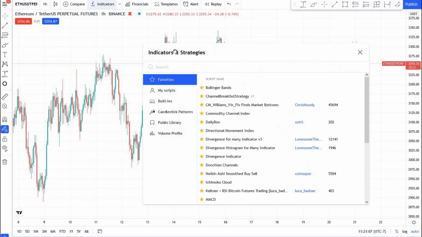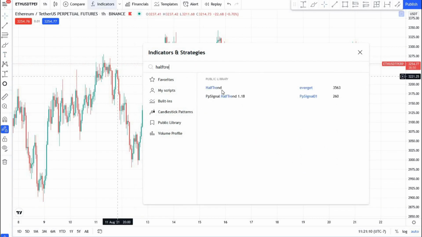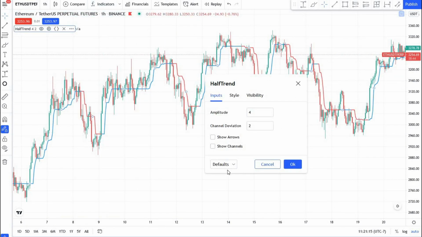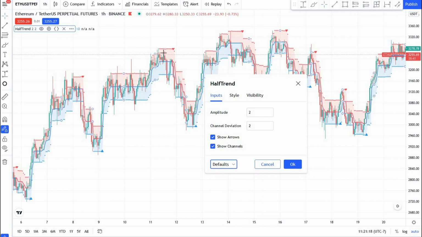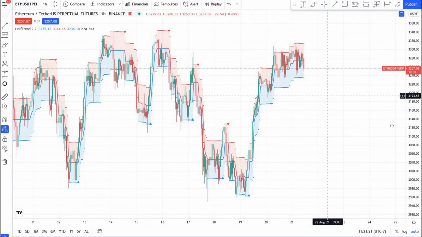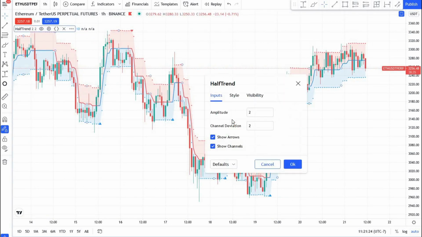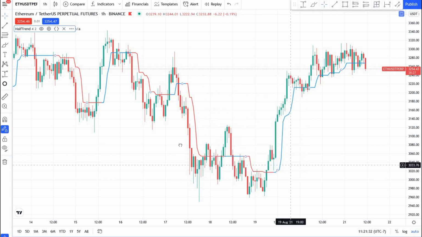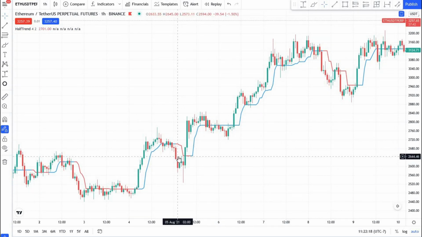You just need the Halftrend indicator. In this Halftrend indicator, this is not the default. If you reset to default, you're gonna see the indicator like that. I'm gonna go to the settings, increase the amplitude to 4, and then uncheck 2 boxes. Whenever it's red, it means you have a downtrend, and whenever it's blue, it means you have an uptrend. So in the 1 hour time frame, I'm gonna recognize the trend and then go to the 5 minute time frame